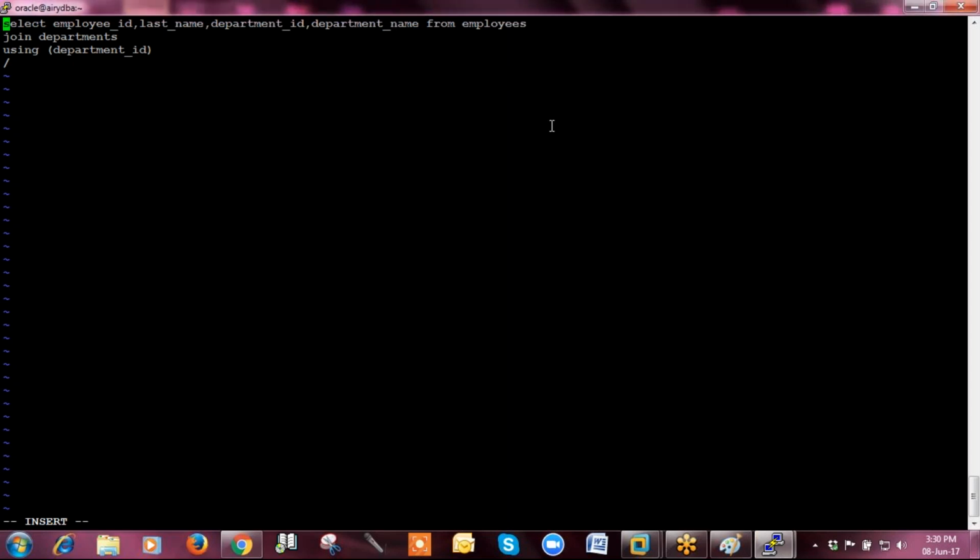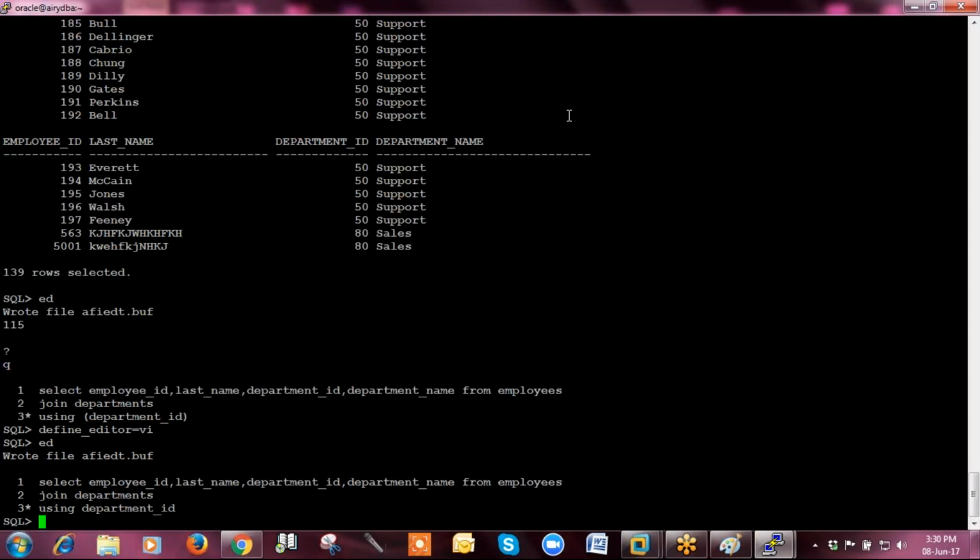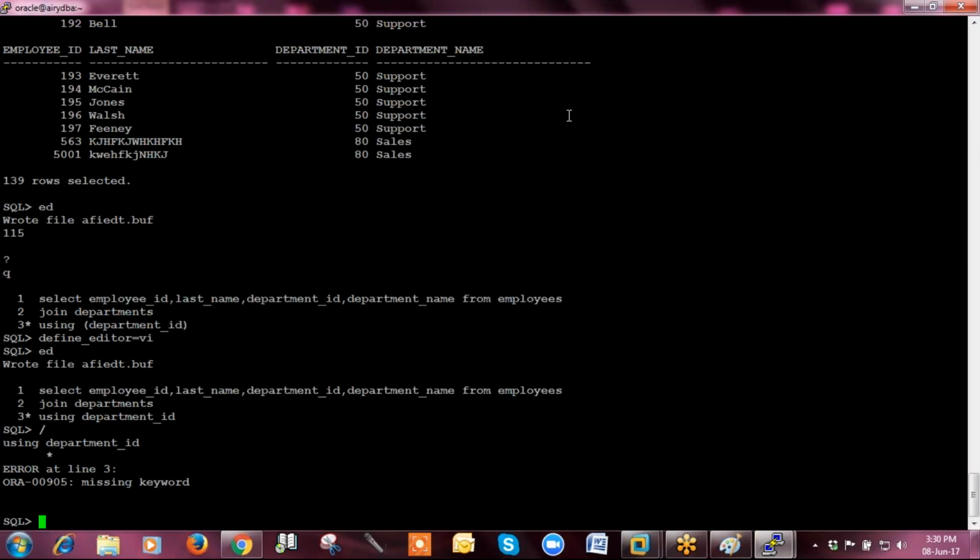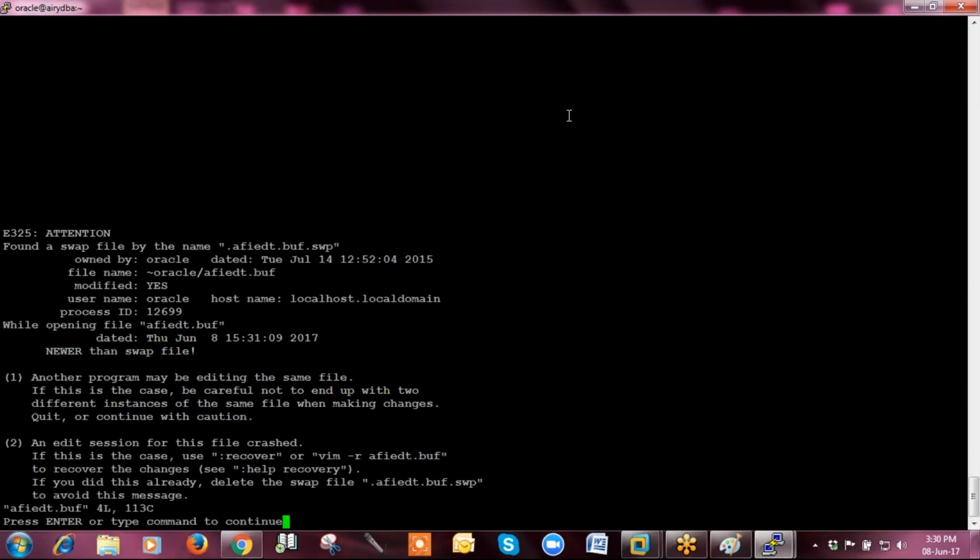Here you can see what I have put. One thing is that this department ID must be enclosed within brackets. If you remove these brackets, it will give you an error: missing keyword. So it is an essential part of your syntax.